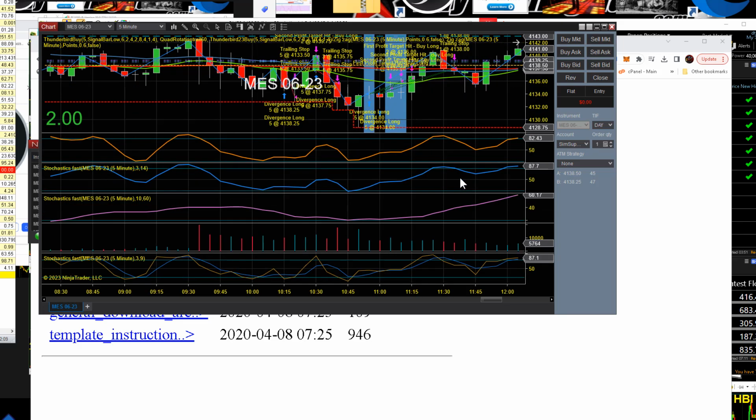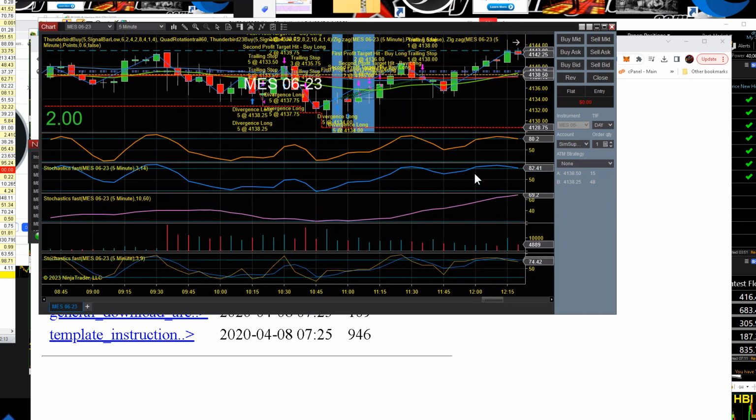The quad rotation could be faster, but instead of being faster, I sacrificed a little speed to be a little safer. So I'm waiting for a rotation. Typically, I'm getting in when I have that quad rotation where all 4 of them, in this case, even though you're only seeing 3, all 4 of them get into a position where we're oversold. Now,